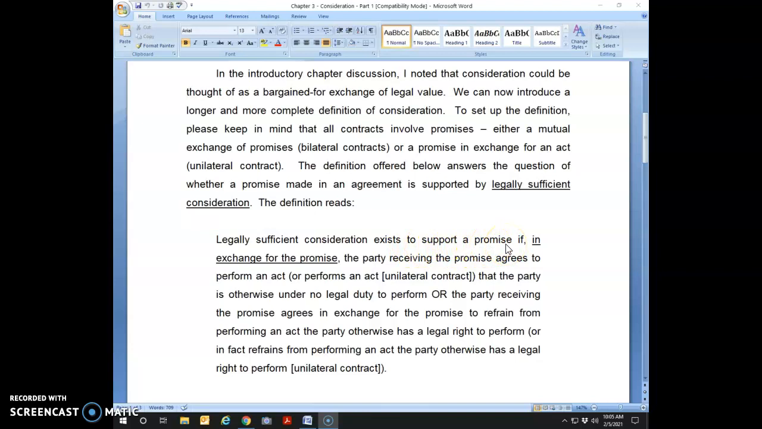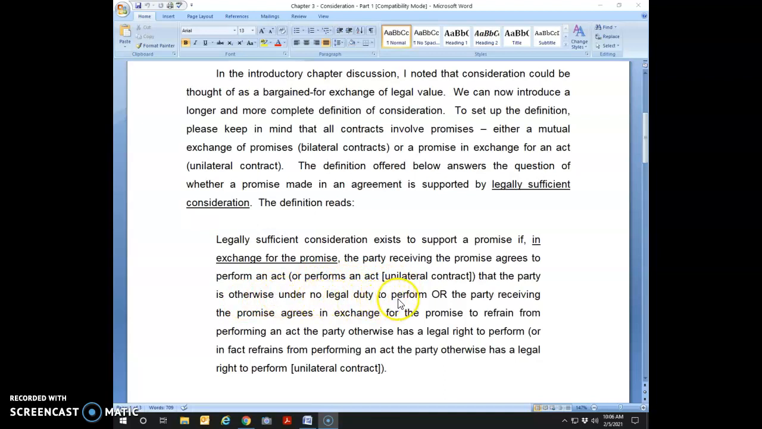So this is our setup, and how we answer that question is yes, there is, if in exchange for the promise, and more of that in the next posting and screenshot video. But in exchange for the promise, the party who receives the promise agrees to perform an act, and if it's a unilateral contract, which is calling for the performance of an act, performs an act that the party is otherwise